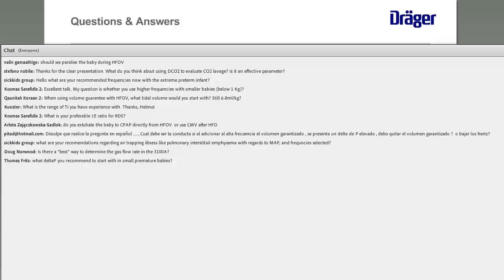Do you extubate the baby to CPAP directly from high frequency? Yes, we try. Sometimes you can't, because the baby is not trained in breathing spontaneously. But we try many times. You move to conventional when you reach 7 or 5 of mean pressure in the ventilator, but you can extubate the baby directly to CPAP, and if you want, you can try. There is a question in Spanish that is asking which should be